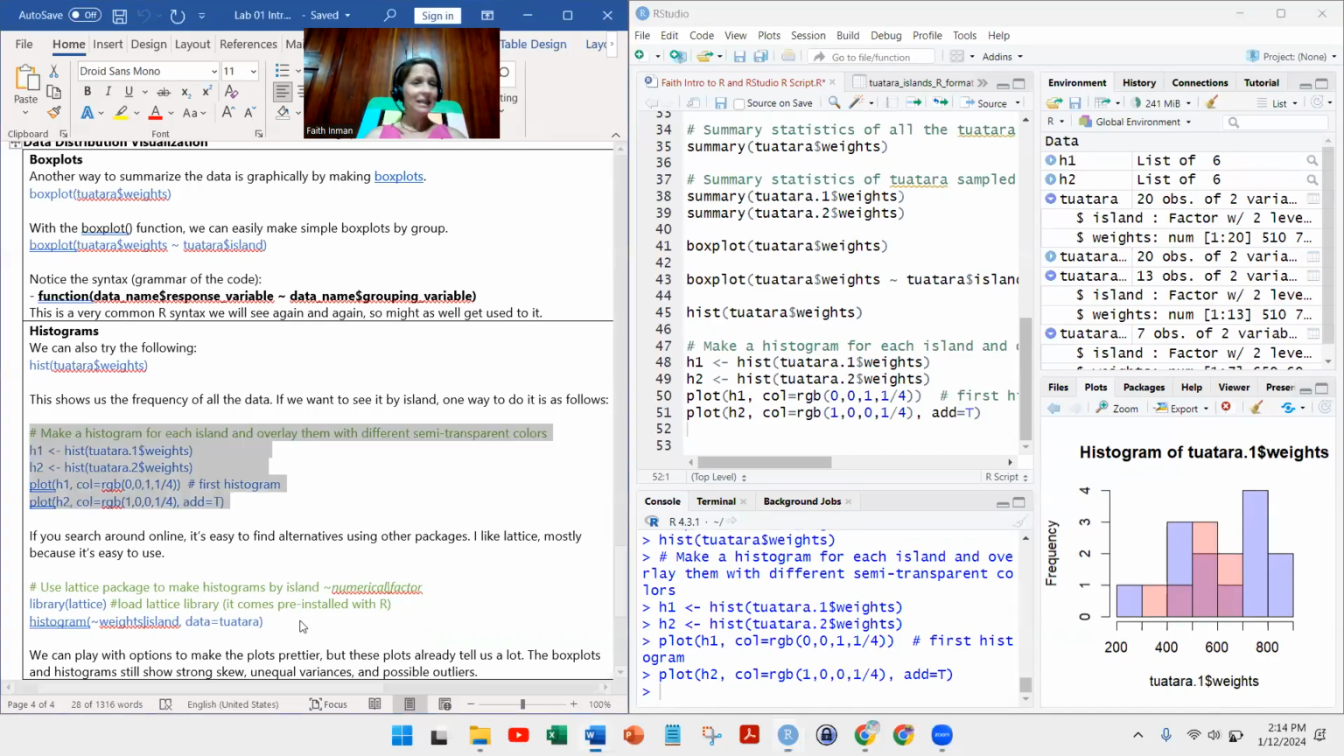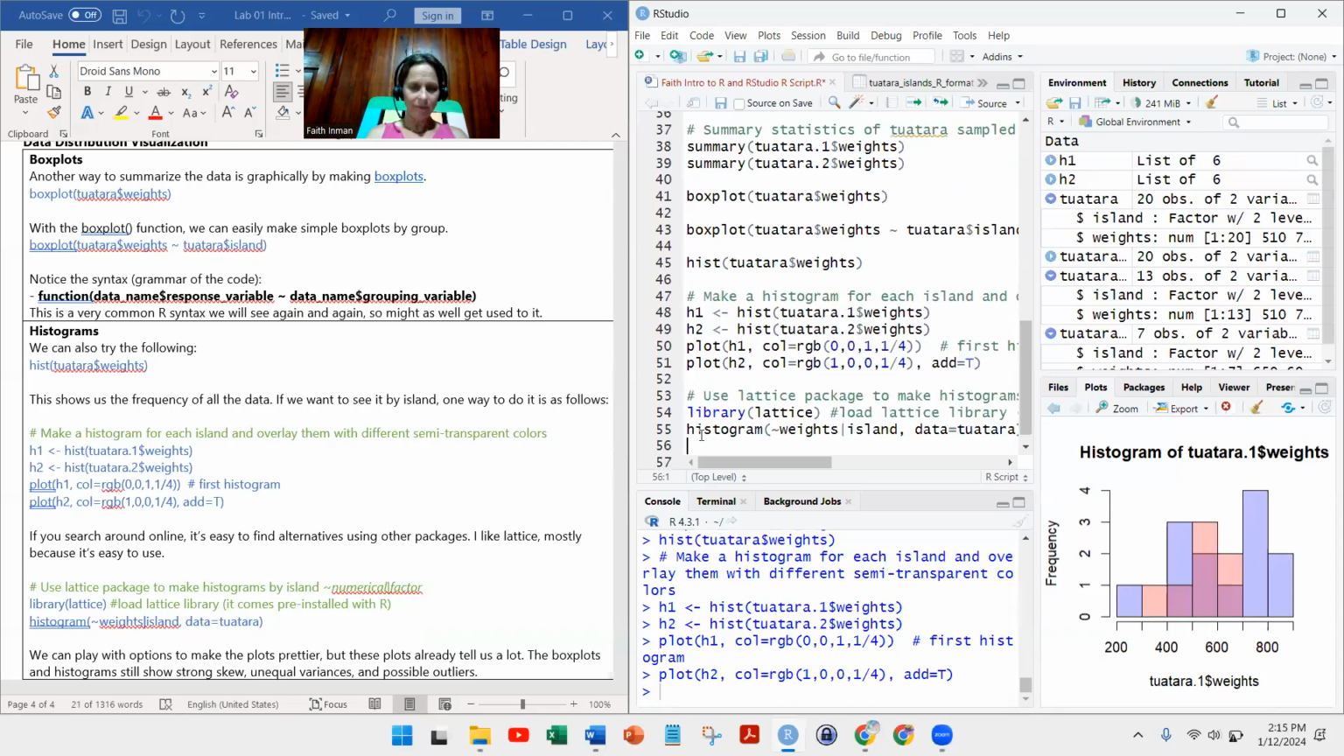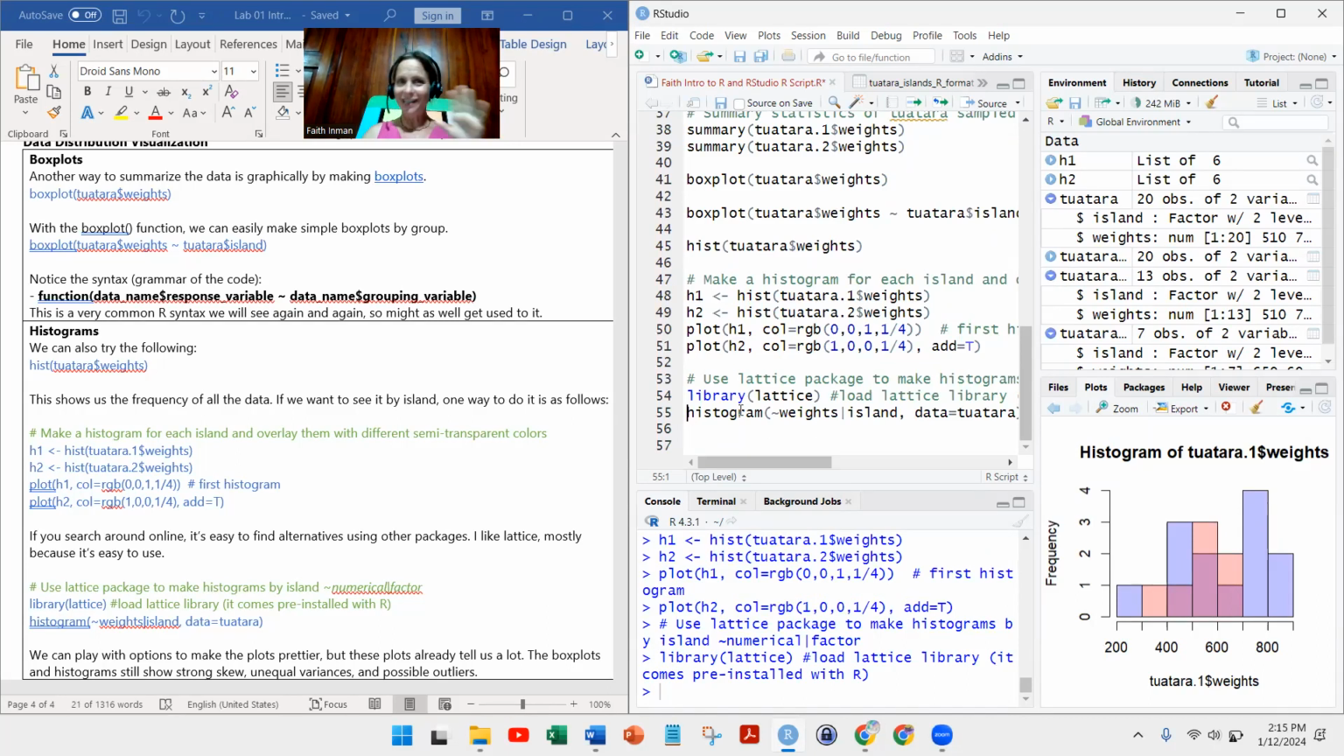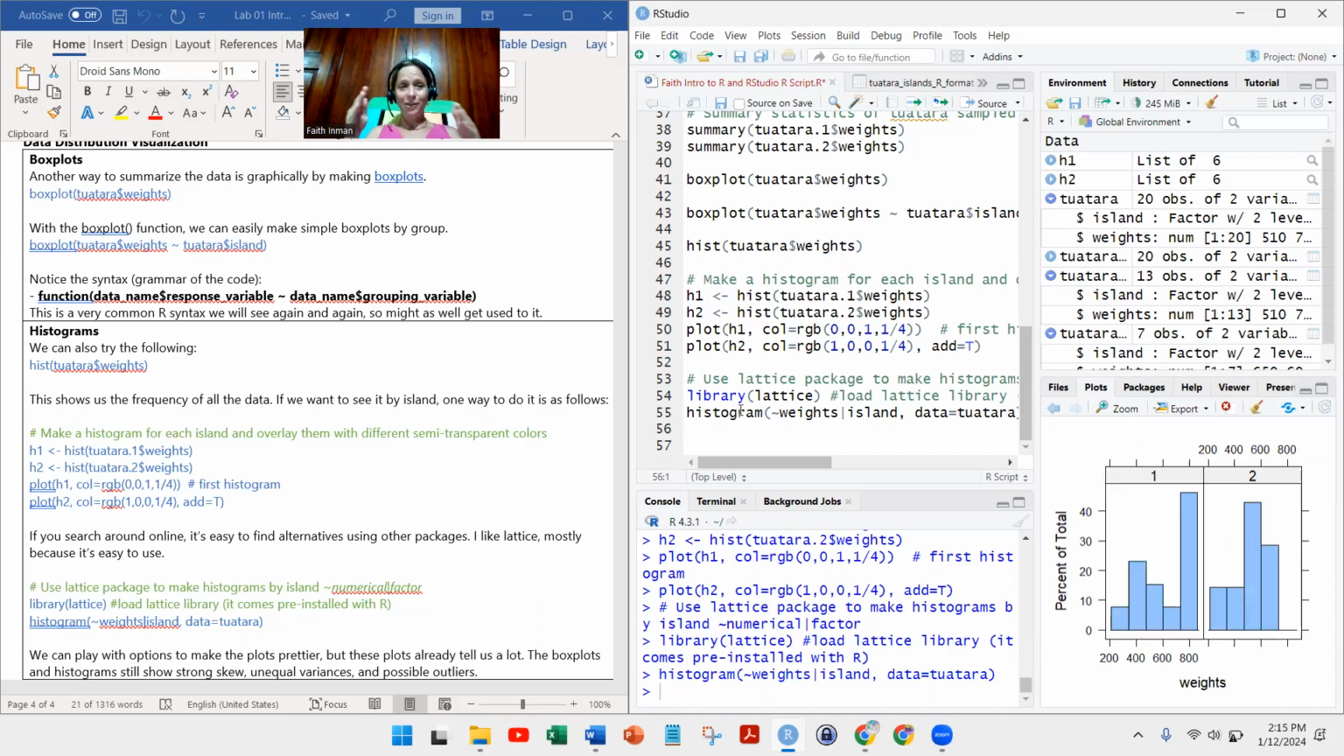Another way of doing this, just another technique for doing kind of the same thing, instead of putting them on top of each other, is to make 2 histograms stacked next to each other. Go back to the tutorial and we can use the lattice package, which is pre-installed. You don't have to install it. Copy and paste this code over here. Excuse me. And library lattice will load. It's already installed. You just have to load the library of lattice and then do this code, histogram weights by island. And you can see 2 histograms next to each other. Useful, right? Now, again,